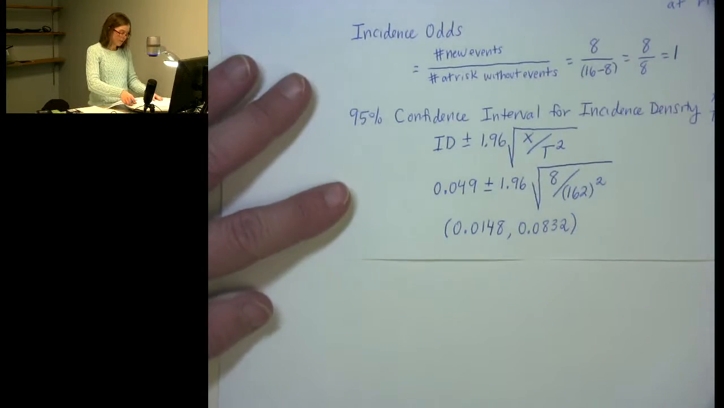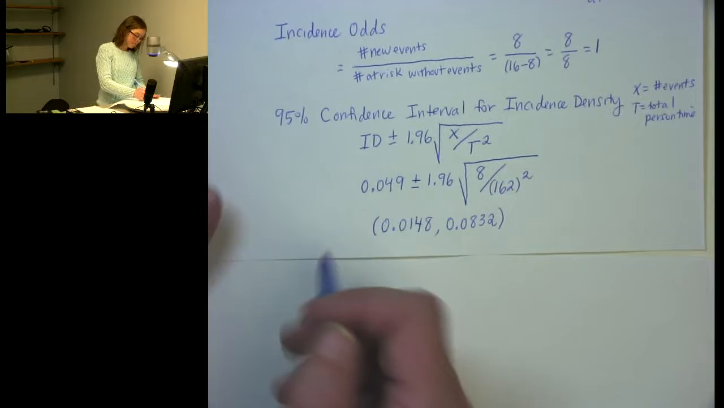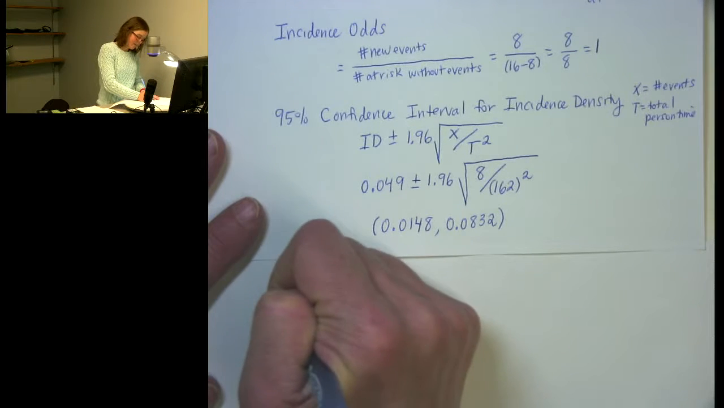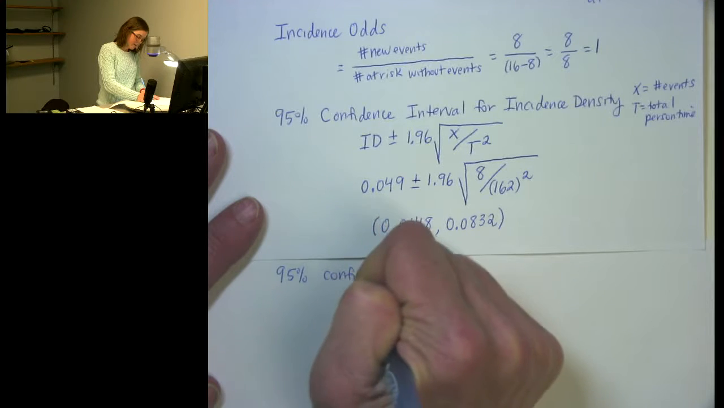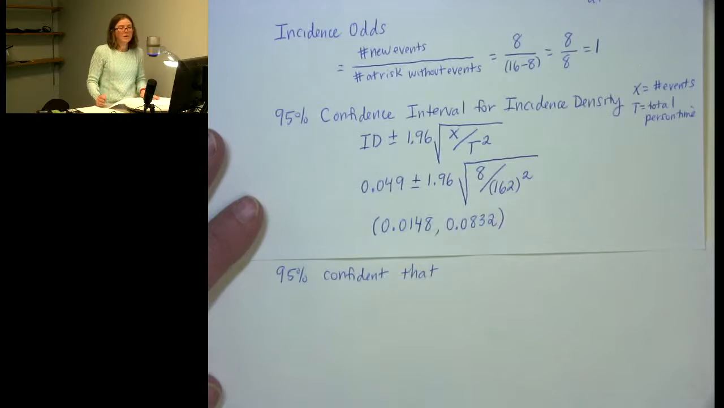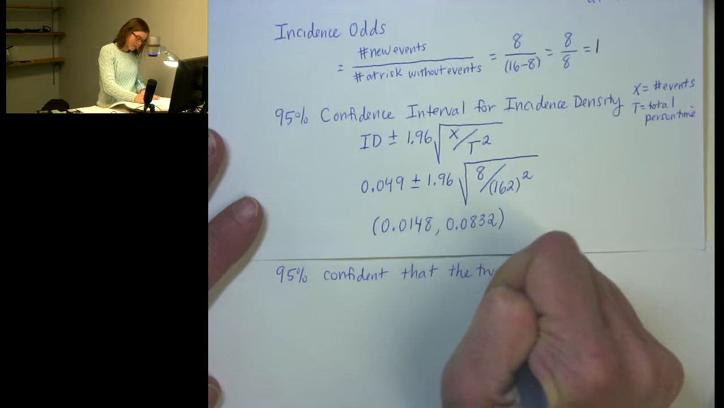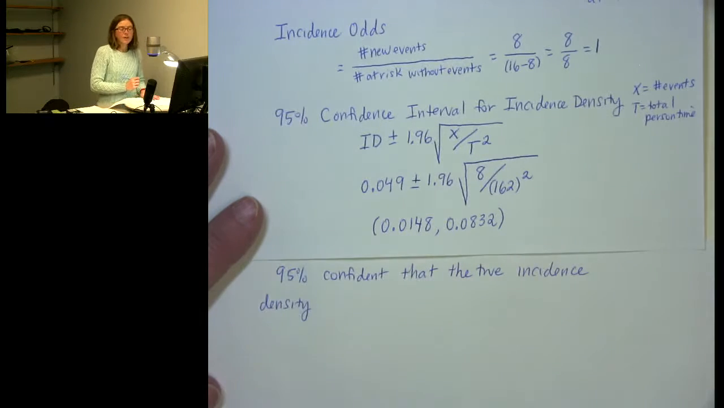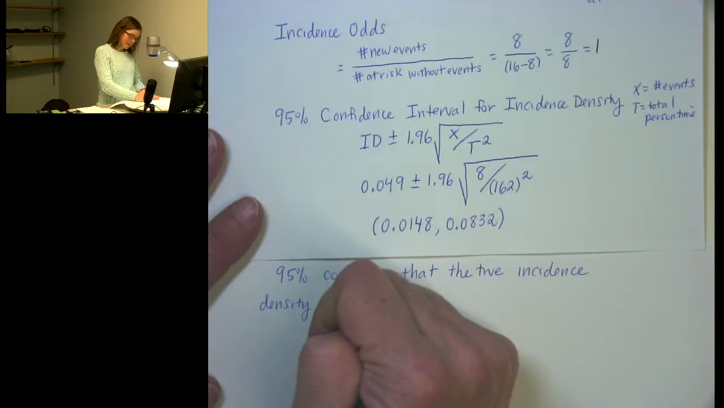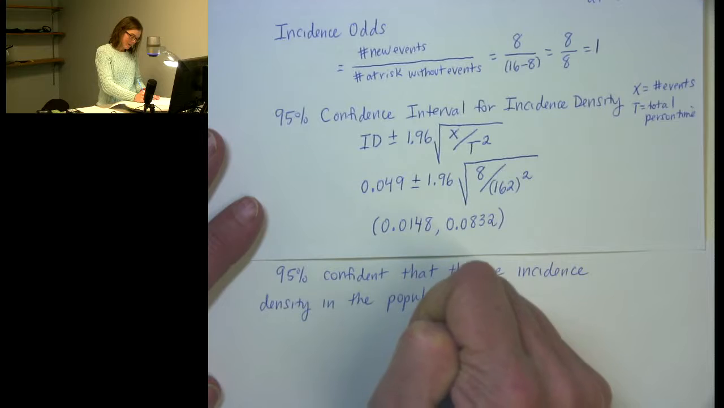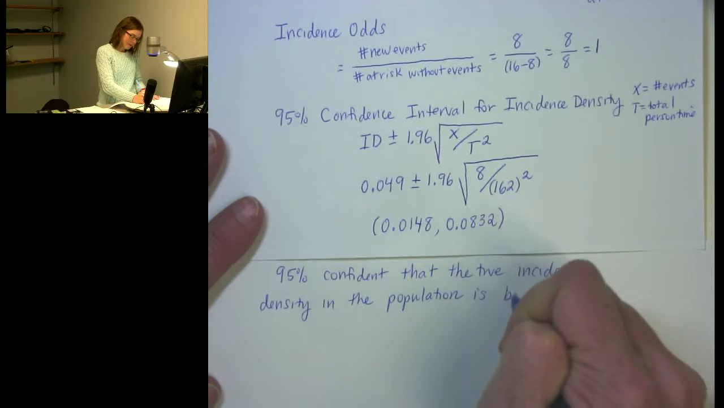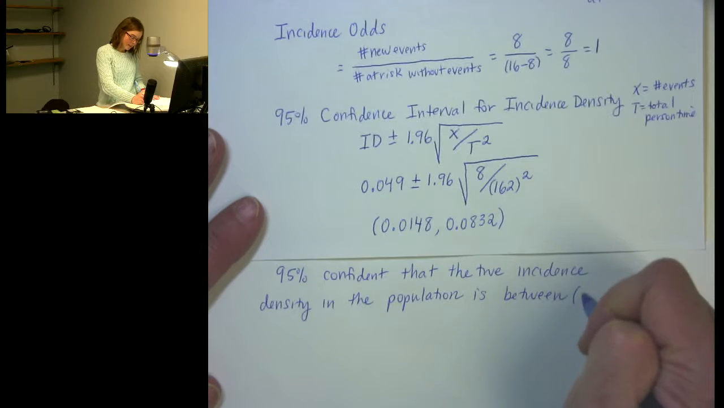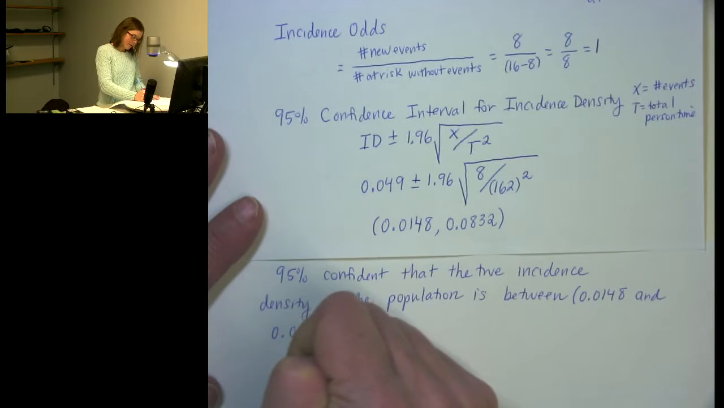When I want to interpret that confidence interval, which is question 6, remember my confidence interval is something that I'm 95% confident contains the true value of the parameter that I'm estimating, so that the true incidence density in the population is between 0.0148 and 0.0832,